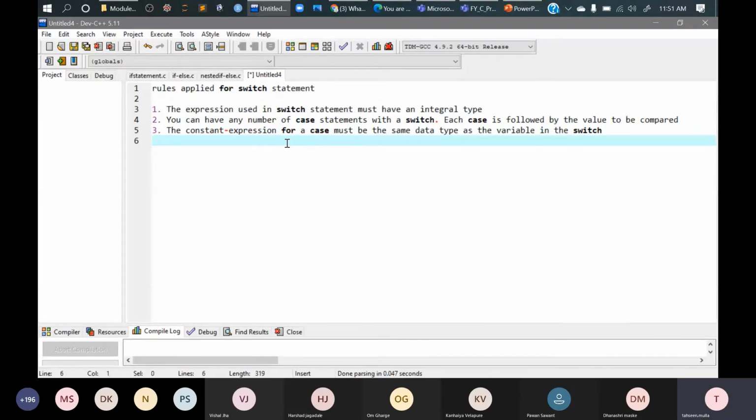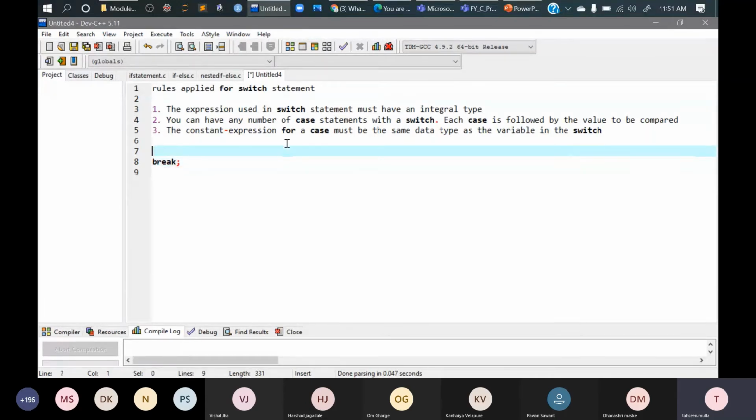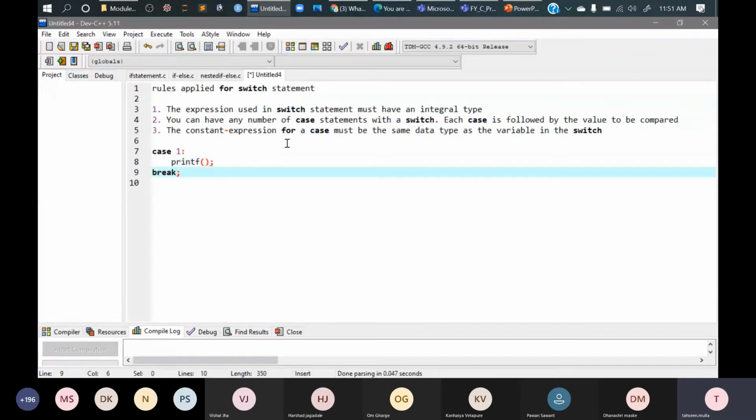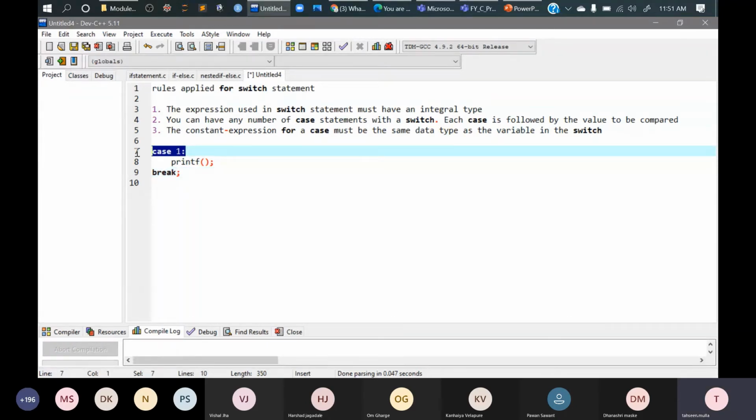So to stop this loop, we use a break statement. We write it in this form, break and semicolon. This ends our first case. Then we can go for the second case. If I'm going to use a case, I'll write case 1 colon. This indicates what I will be using here. After that, I'll be using the break statement. This indicates this is my first condition to be validated with the switch expression.